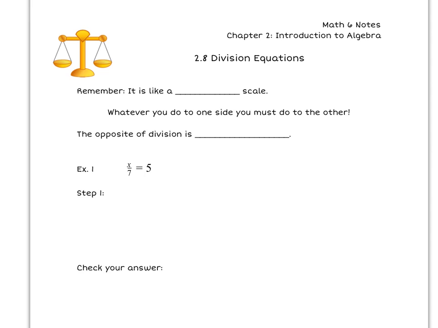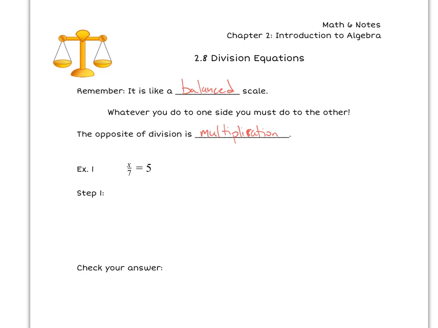Second one, and the second one on your own. Remember, it's like a balanced scale. Whatever you do to one side, you must do to the other. The opposite of division is multiplication. So again, we call these one-step problems because it takes one step to fix them or find the answer, to